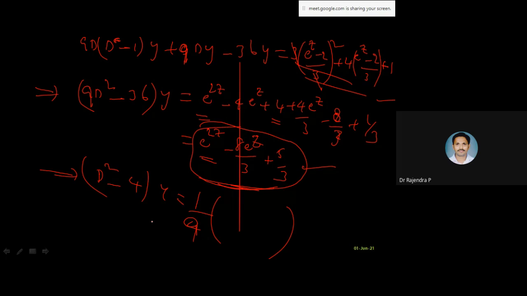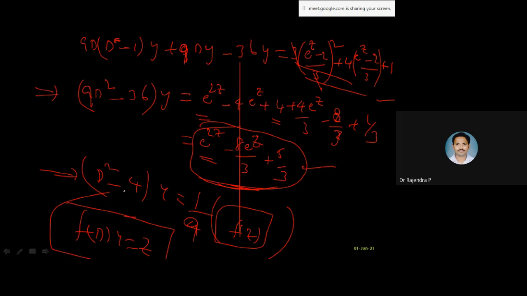I hope you understood this. Remaining part, once we got this, this is in terms of Z. Here we are getting the whole thing in terms of Z, something like f of Z form, which is of the form f of d into y is equal to Z. We can solve this. So please try it. If you are not getting it, then definitely I will help in this regard. I hope I told you how you are going to reduce. Here reduction is very important.